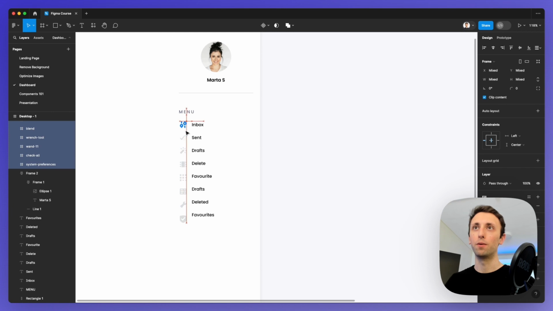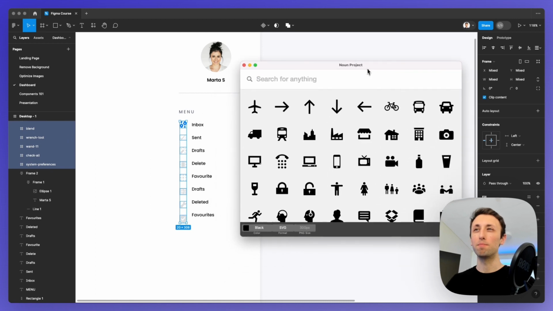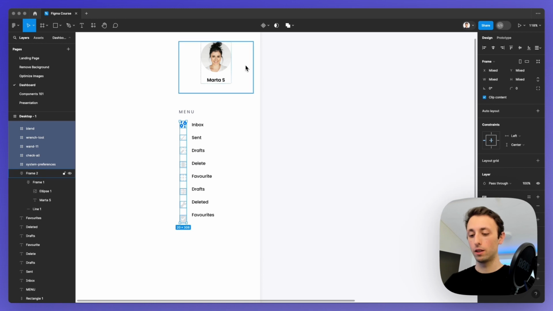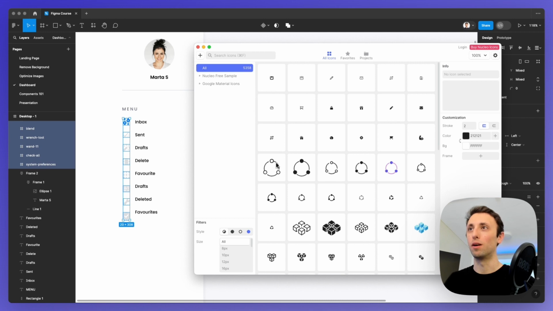the icons. Now, in your case, you're wondering, okay, cool. I don't have this magic ability of simply copying icons. What do I do? There are a few different options I usually use for icons. Either go on Noun Project if I need a specific, more illustrative icon. These are usually for one-off icons, but Noun Project has probably the most extensive icon library out there. Alternatively, I super recommend Nucleo icons. If you've been a follower of the channel for a while, you know that I use Nucleo icons all the